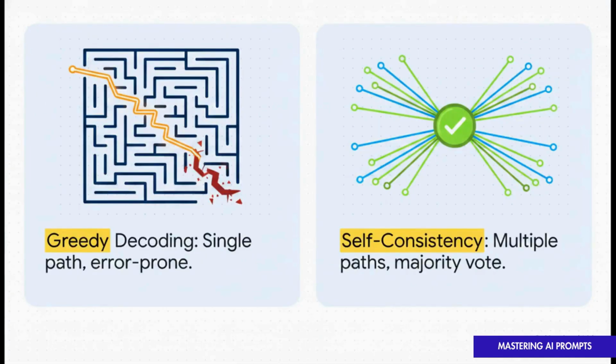But we can push this logic engine even further. We know greedy decoding is a single error-prone path, right? Well, with a technique called self-consistency prompting, we force the AI to generate multiple different reasoning paths, usually using a slightly higher temperature, and then we use majority voting to select the most consistent answer. Think of it exactly like redundant server checks in a data center. You're basically asking the system to calculate the answer 3 or 4 different ways, and if the majority of those separate paths lead to the exact same conclusion, boom, you have incredible